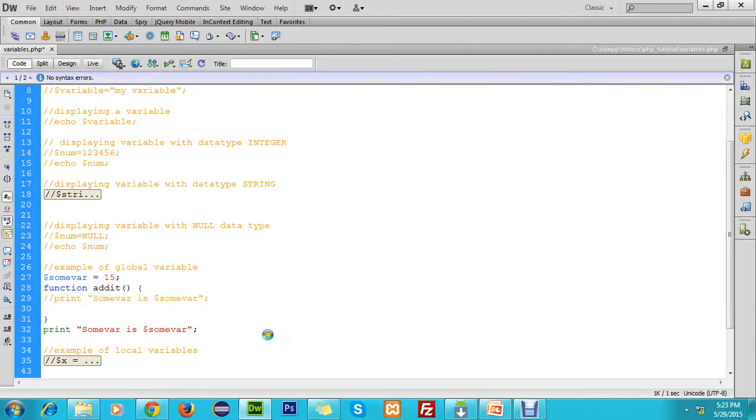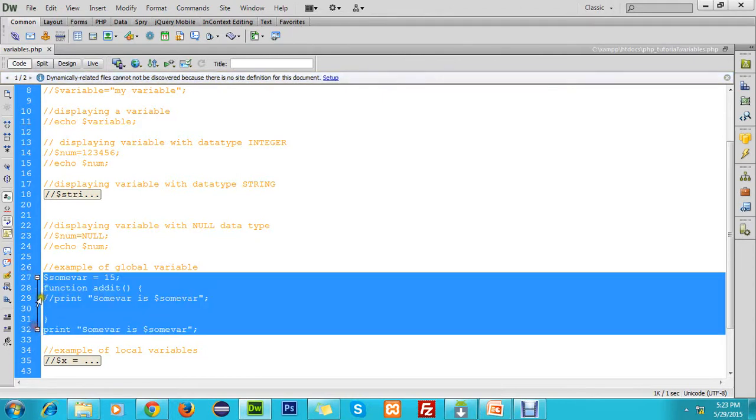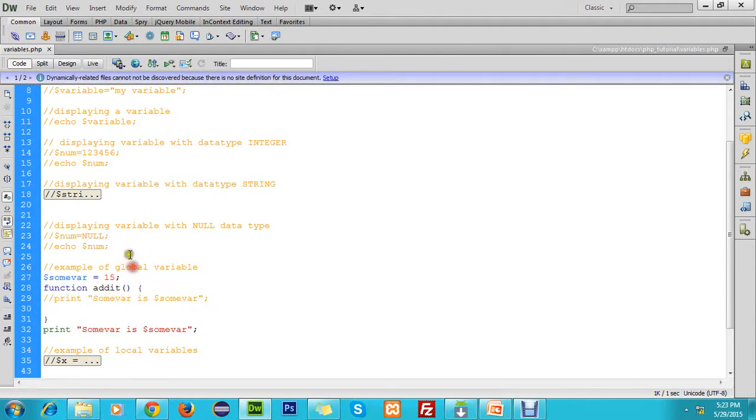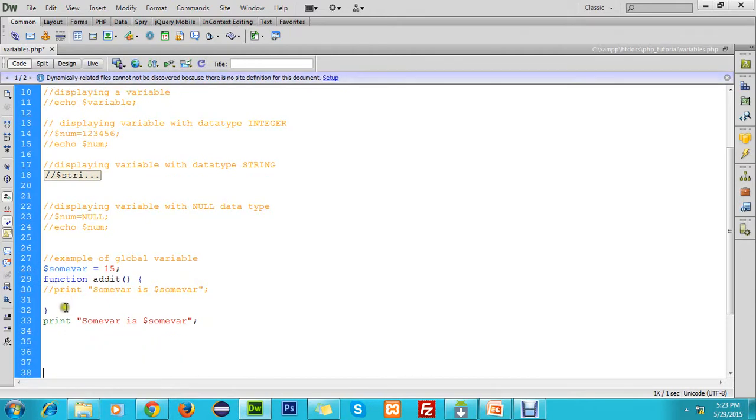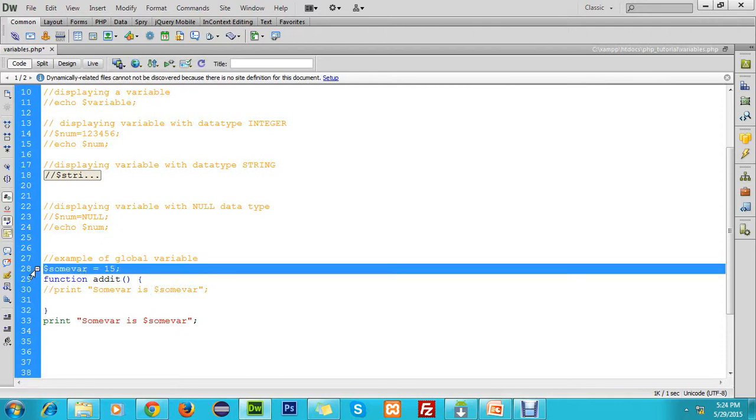You can see here the same section which you have already seen in the slide, that $sum, we are taking it, and it has the value 15. Then I am declaring a function, the added function, and we are going to see both possibilities when we are printing this $sum which is declared globally outside the function.